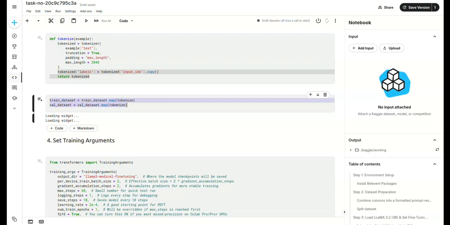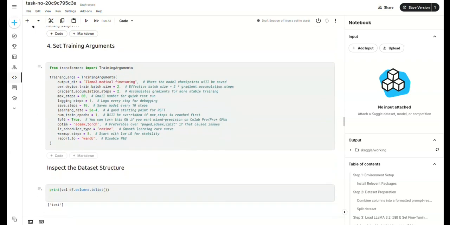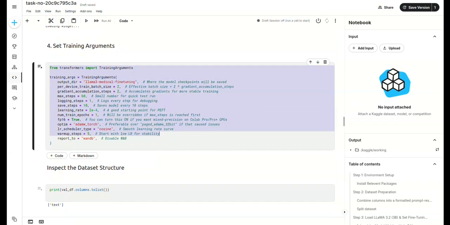Next, we configure the training behavior by defining our training arguments. We specify the output directory to store model checkpoints and set the per device batch size to 2. To simulate a larger batch size, we accumulate gradients over 2 steps. Training is limited to 60 steps for a quick test run. Logging happens every step to monitor progress, and checkpoints are saved every 10 steps.